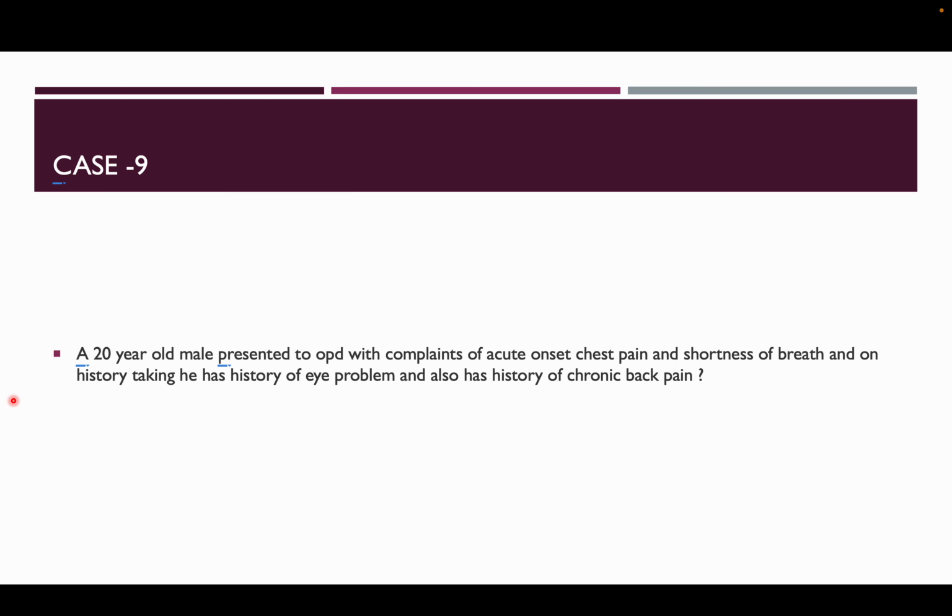So, case 9. A 20-year-old male presented to OPD with complaints of acute onset chest pain and shortness of breath. On history taking, he has a history of eye problems and also a history of chronic back pain. So you might be thinking why there is a history of chest pain and shortness of breath, and why there is an eye problem. Generally, all the cases of spondyloarthritis, like ankylosing spondylitis, which is an axial arthropathy,